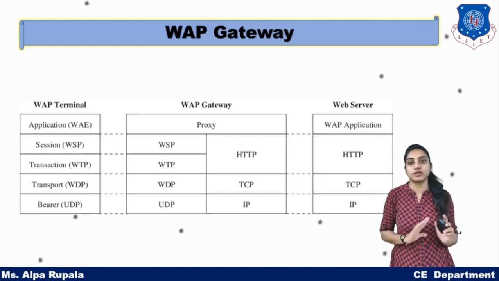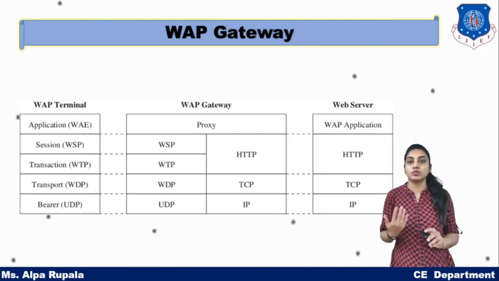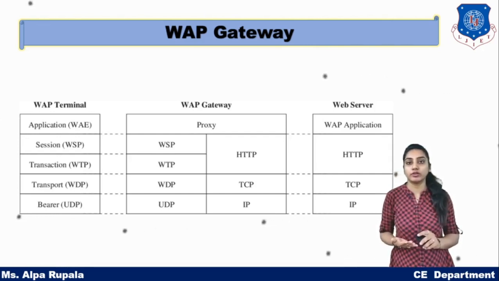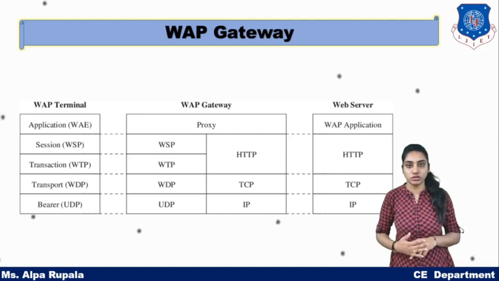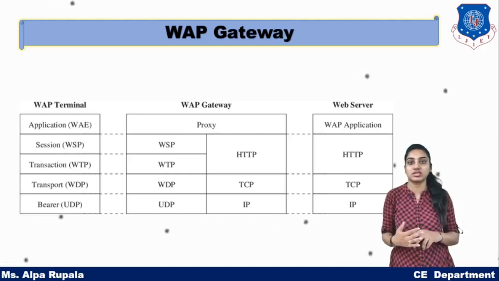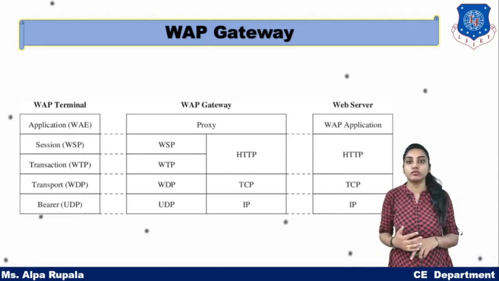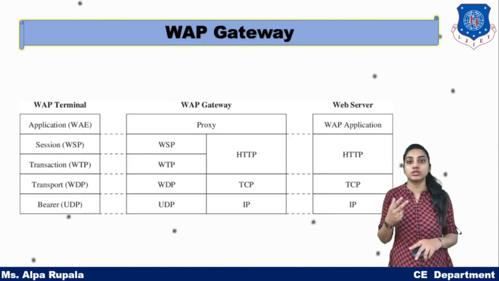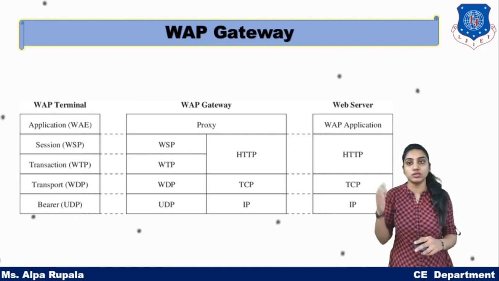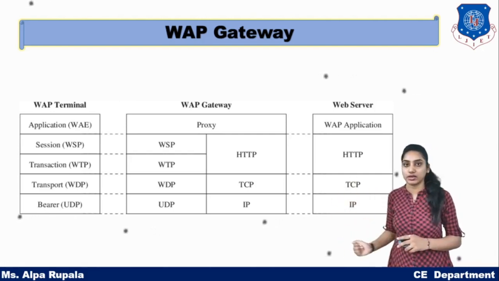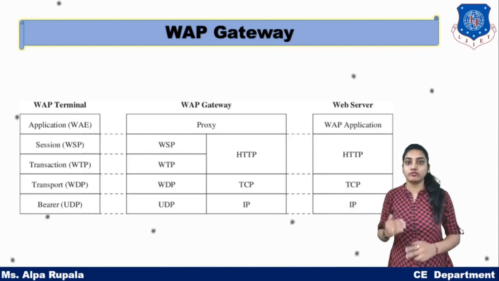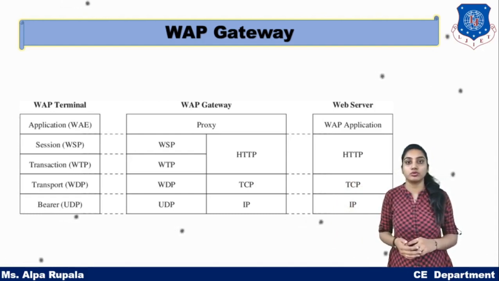So what are we doing in this whole example? Suppose I am requesting xyz.com's home page. I will directly open my mobile phone and go to its browser, that is your micro browser, or you can say user agent. Now in the user agent profile we will get the capability of your device, that is the CPI. That request will be formed according to the web terminal protocol stack.